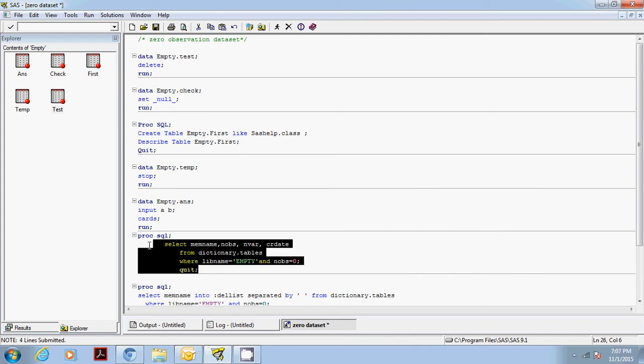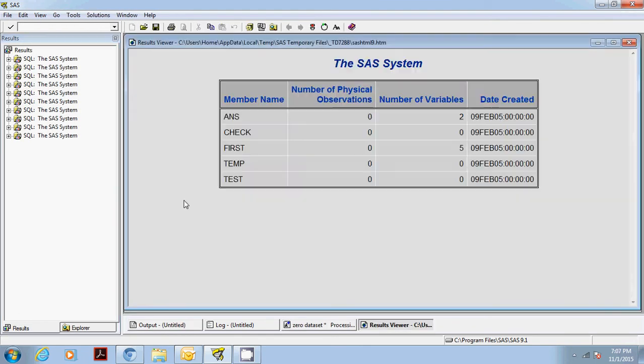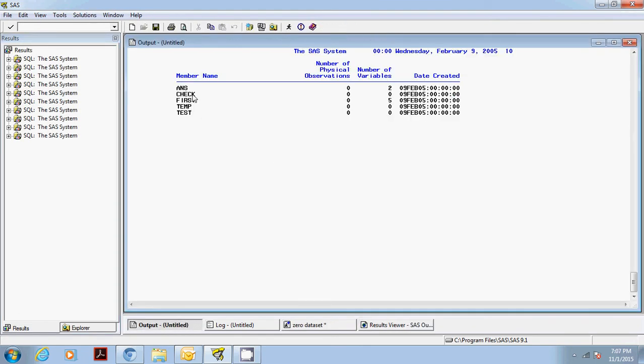So when I run this, it's going to show us all the tables or datasets which have 0 observation in structure and values. Number of observation is 0, number of variables is 2, and the creation date is 9 February 05.